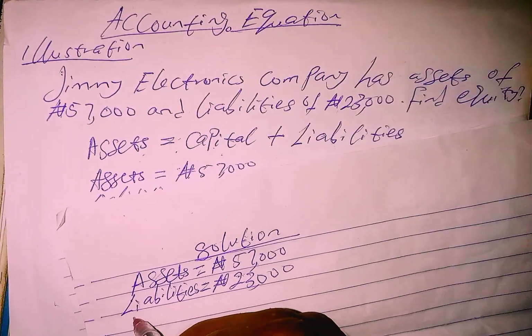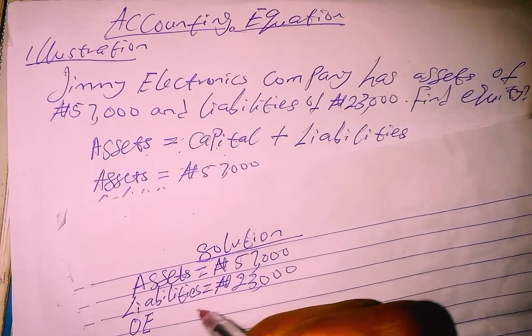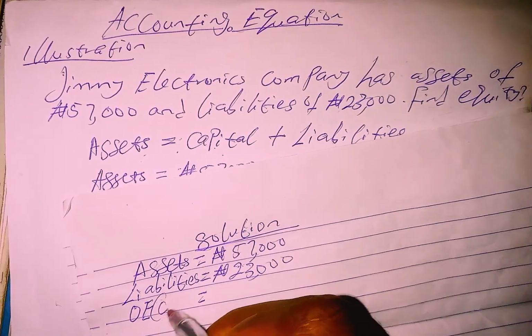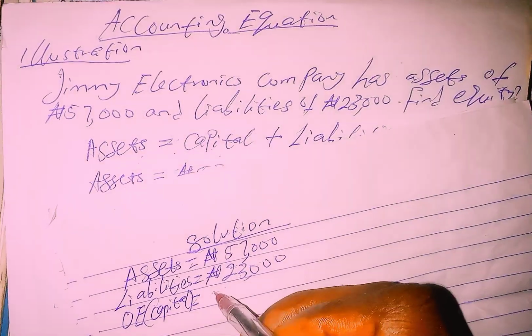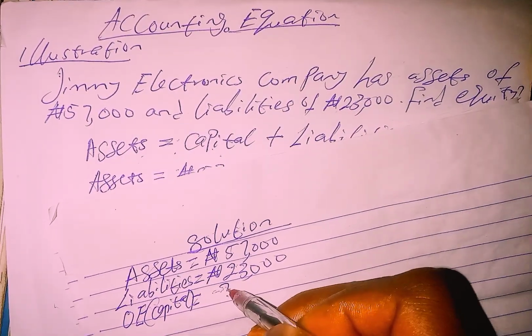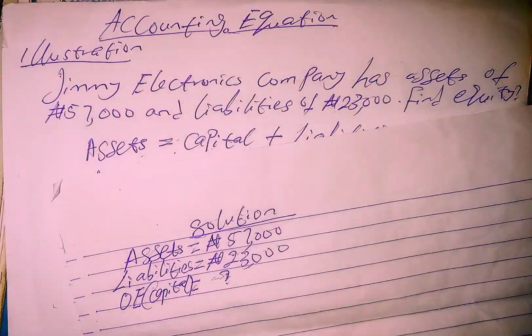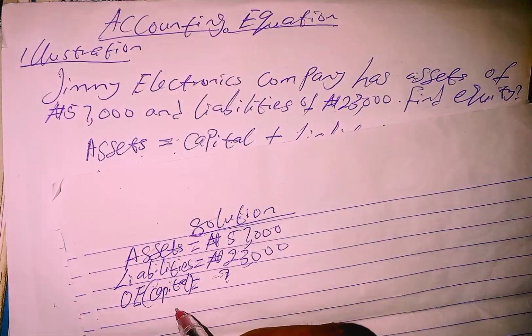And the question says find equity. We have to find what? Equity. Let's call it owner's equity. That is the same thing as capital. I put it in brackets so that you always recall. Find equity. So equity is not given, so you put a question mark here to identify that's what we are looking for. So using the same accounting equation,